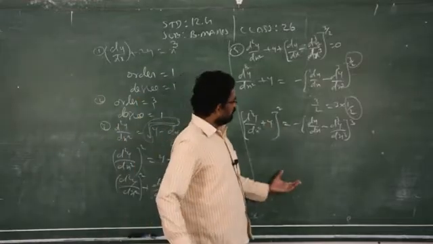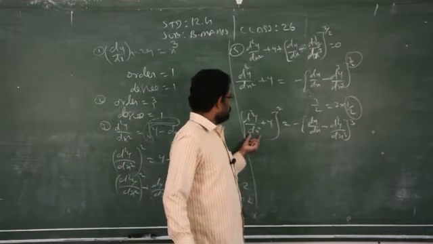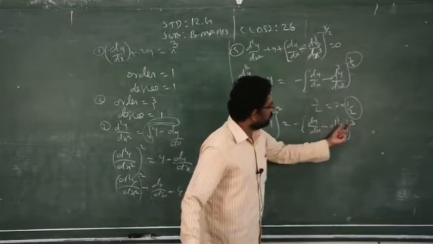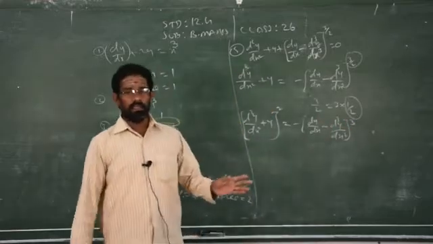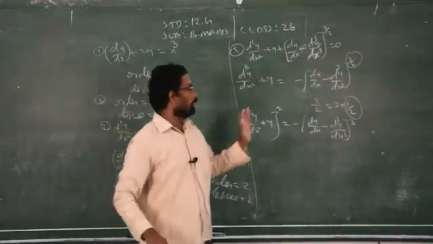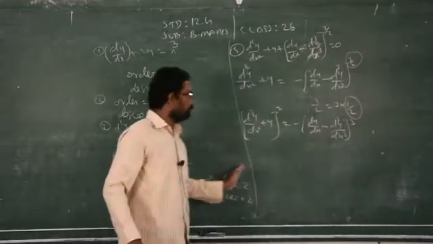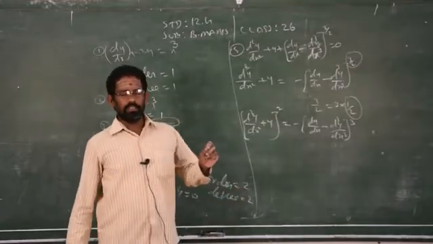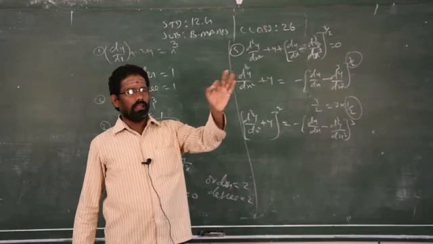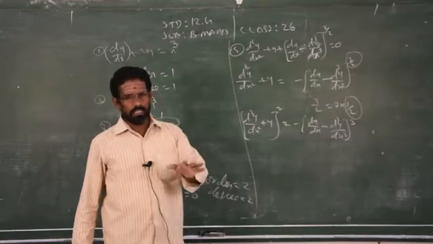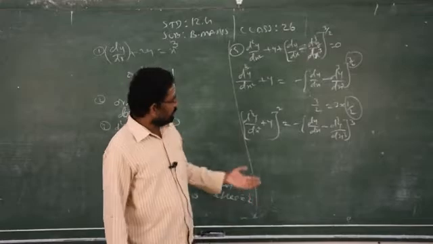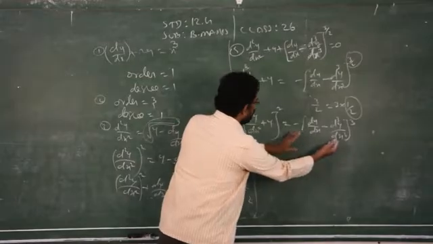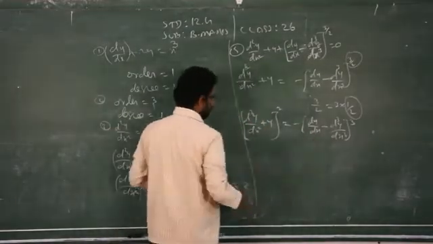Clear? So if it comes in the 5 mark questions, you have to express this by a plus b the whole square format and this one by a minus b the whole cube formula. Expand and take all the terms available on the right side, bring them into the left side and write in standard form of differential equations. There you have to write highest order and its power as degree. That is the procedure if it is 5 mark questions. Here it is not necessary. Here you have to find out only order and degree. So you can bring into the left side.